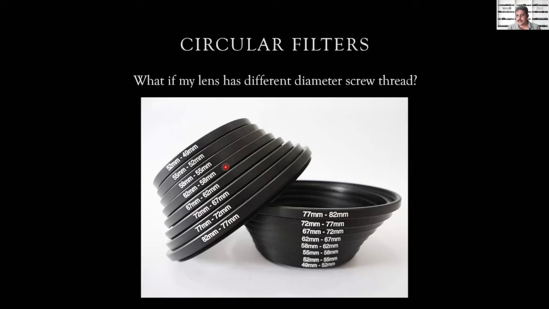The 16-35 f2.8 in Canon has an 82 mm front thread, whereas the 24-70 is 72 mm, and the 50 mm 1.8 is around 52 mm. So each one of them has a different front thread. What you do is add this ring to the front thread, then keep on adding till you get 82 mm, and then you add your 82 mm filter.